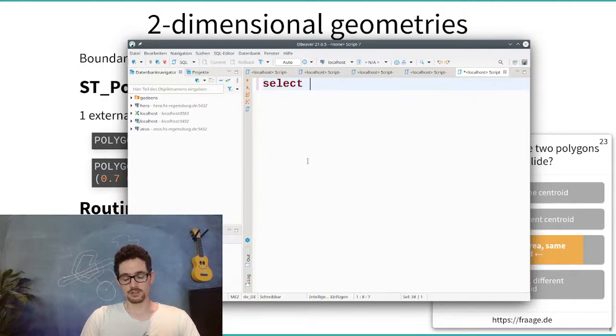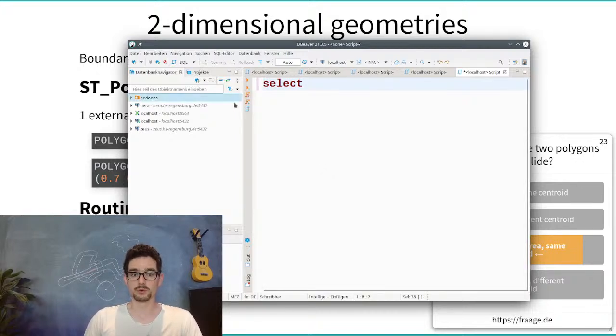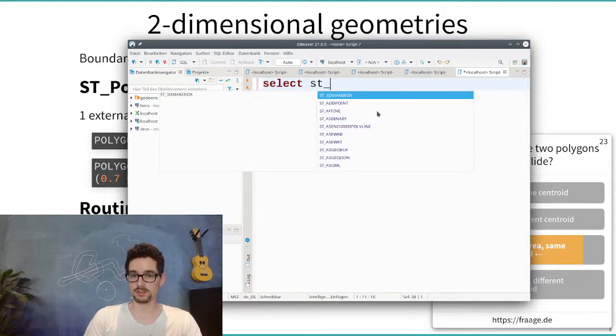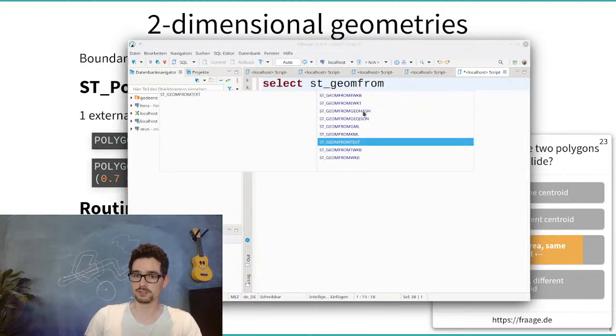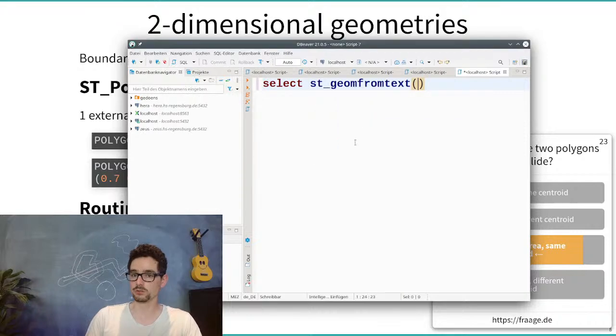You can install Postgres. You have to install Postgres when you work with geometric data, but on this server it's already installed. All functions start with ST, and there is geom from, here you see from WKB, WKT, from GeoHash, from GeoJSON, so many constructors to generate a geometric object. This from text is the same as from well-known text, so I use this ST_GeomFromText, and then you